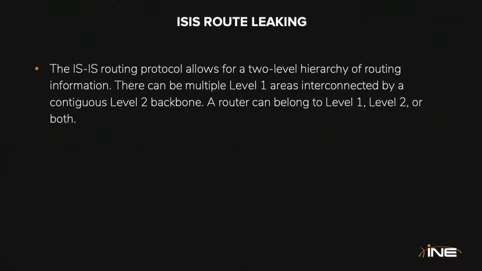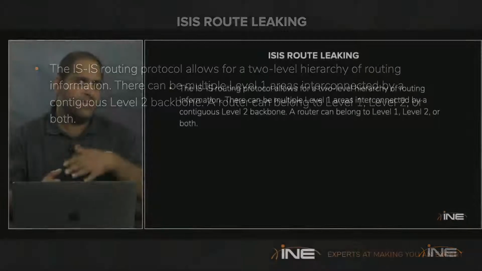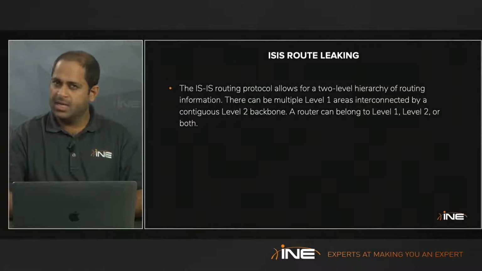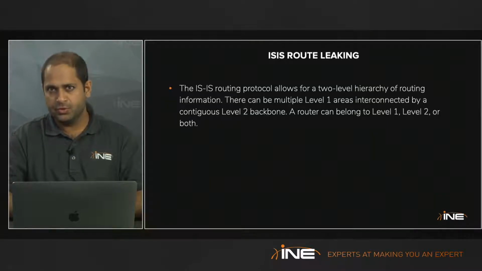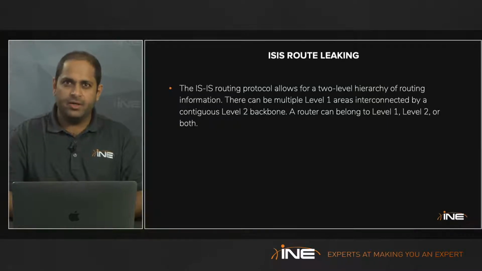So if you know, in IS-IS we have two levels of routing, right? We have level 1 routing, we have level 2 routing. Level 1 is usually intra-area and level 2 is inter-area routing. However, route leaking becomes an important aspect when you have